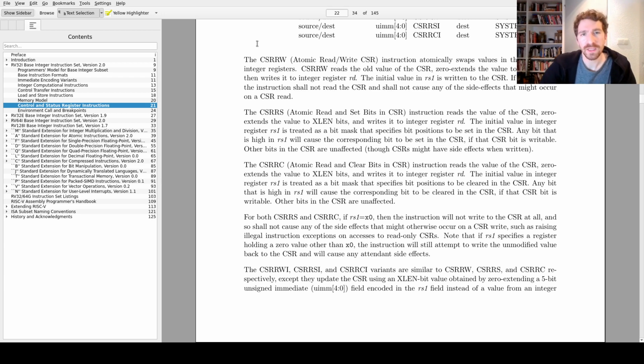So CSRRW, which is atomic read and write CSR, that instruction atomically swaps values in the CSRs and integer registers. So we can put something in X5, and we could use this instruction to swap the value that's in X5 with something that's in one of the CSRs, switch them around. Can be useful sometimes. It reads the old value of the CSR, and then it 0 extends the value to XLEN bits. Now this part here, this XLEN bits,